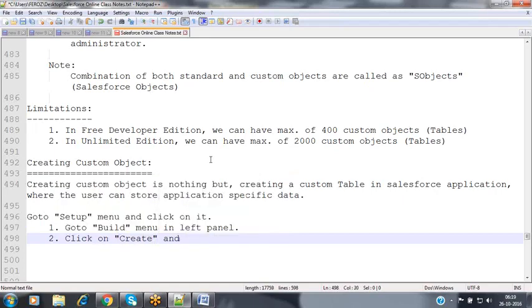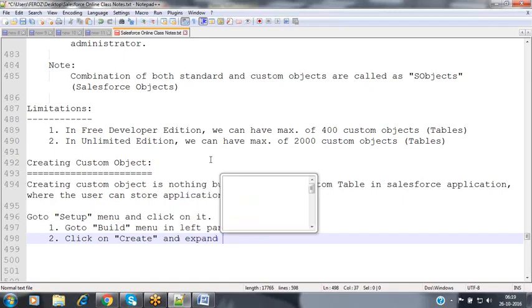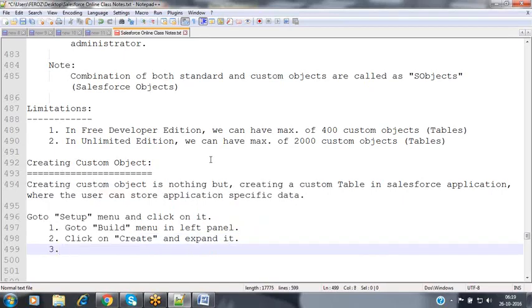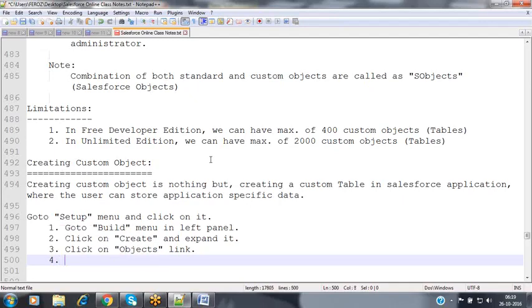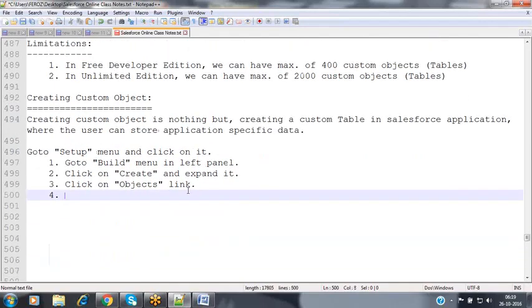Click on the create option and expand it. Click on the objects link. You are already aware of this navigation.